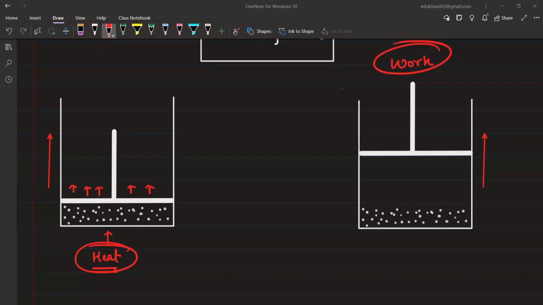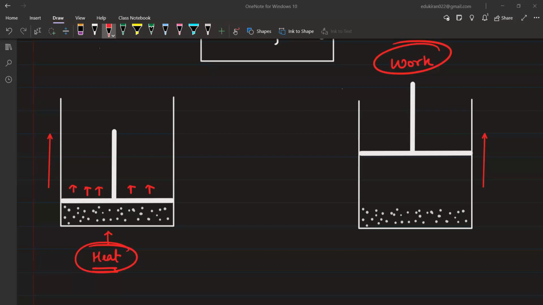बात समझ में आ रही सबको आया ना? All heat does not result in increase in temperature. Similarly, come to this part. What I am trying to say is, whatever heat you are giving, it is used, let's say for example, for the lifting of the piston up. In the boiling water, what was happening? The extra heat that you are giving is used for the conversion of liquid water to water vapors. Here, all the heat is getting used in what? In lifting the piston up. That is why temperature will not increase. Is this clear? Yes or no?